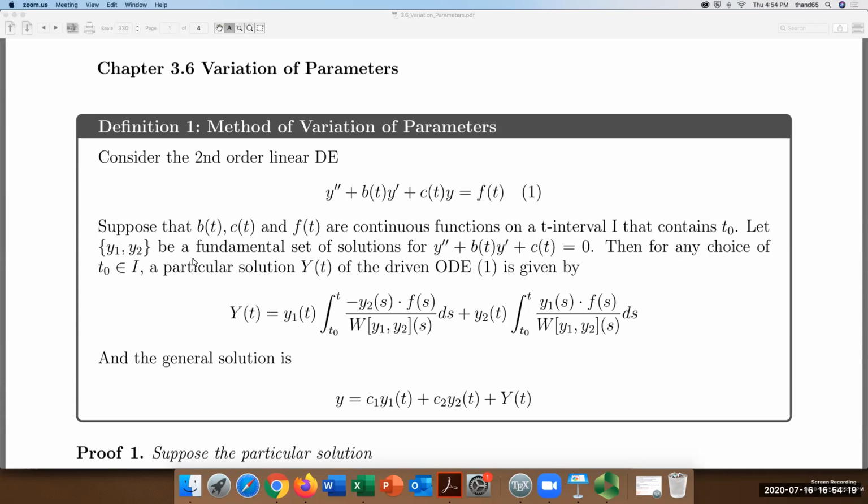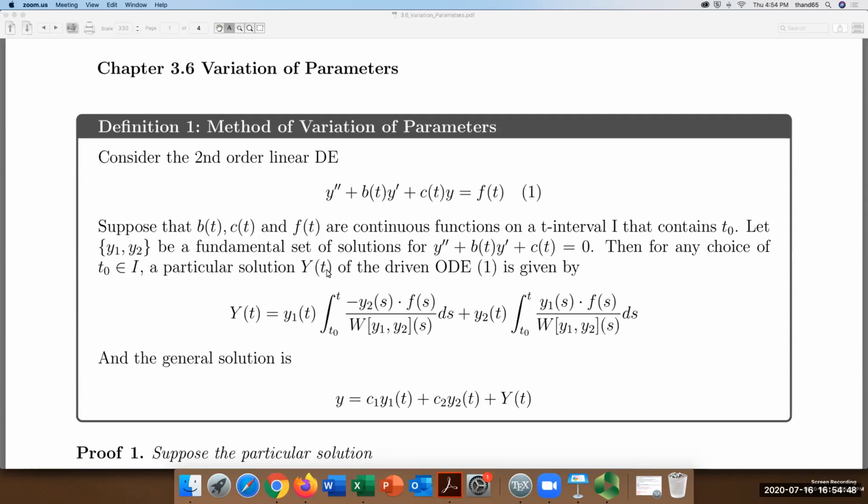Well, if we can find the fundamental set of solutions, let's say y1 and y2, to the homogeneous part of this equation, then for any choice of t0 in the same interval I, a particular solution